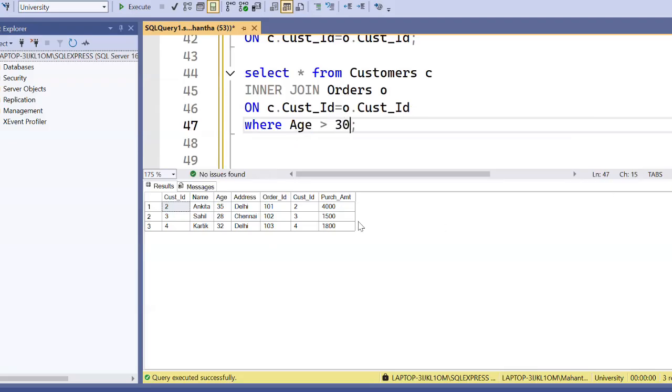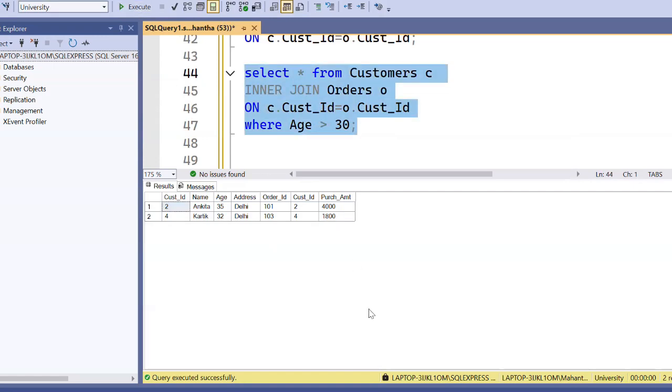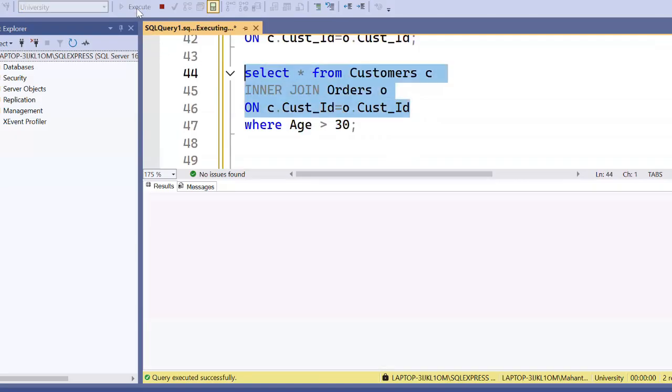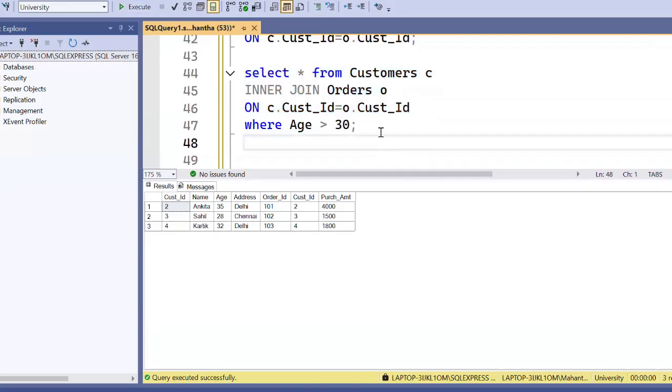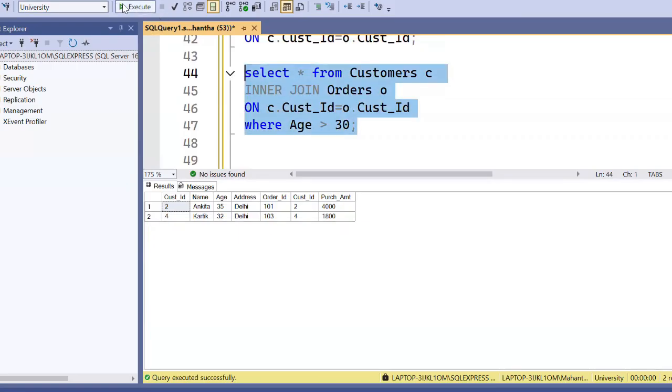Let us see if it works, otherwise we'll fix it. As of now, we have 3 records. Including the condition, we got only 2 records because age should be greater than 30. If I execute only this, it gives me 3 records. With the condition, it gives me 2 records. Wonderful.